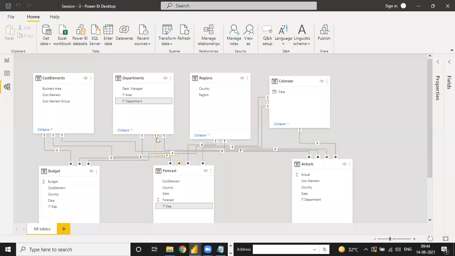Tell me. Suppose in Excel, under the forecast table you don't have IT department, and under the budget table you have IT department, what will you do? You need to directly go to the VLOOKUP and select all these IT departments with the forecast. Okay. So here also, if we don't have one column in this table or that table, you have to use the related table. Means there is one column,